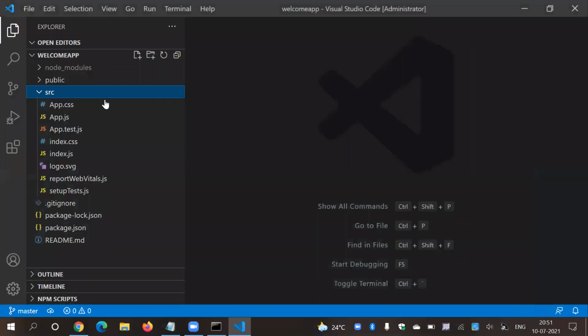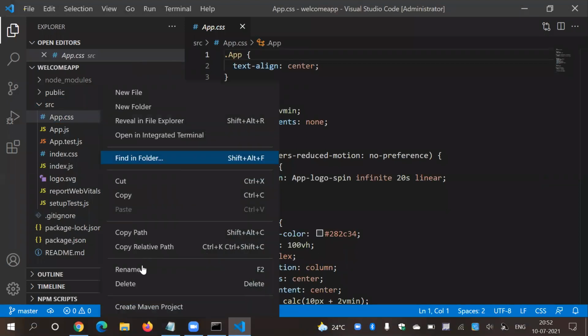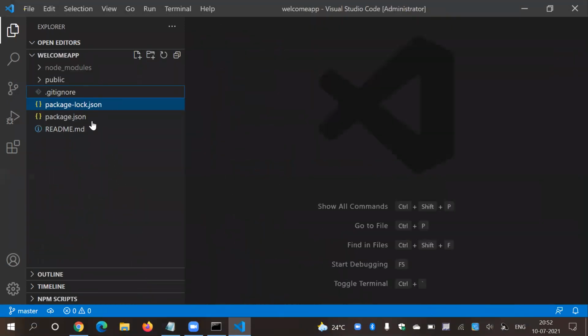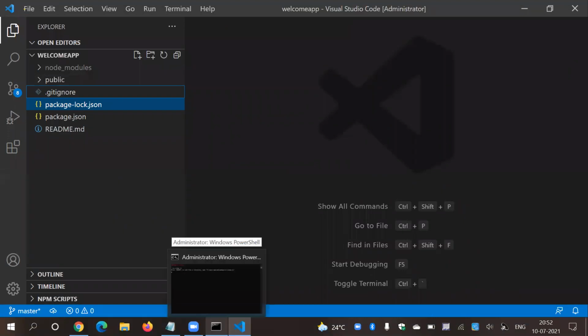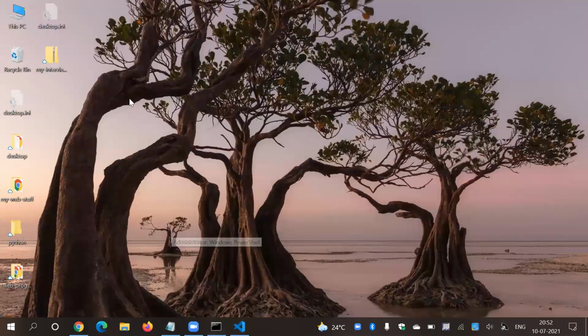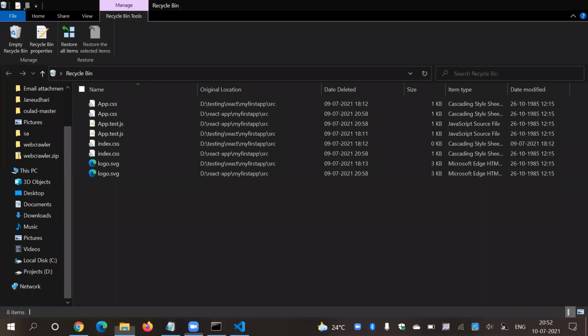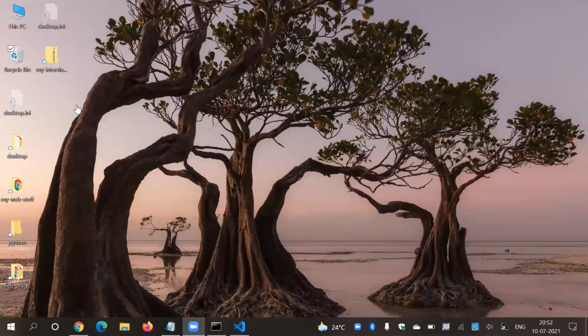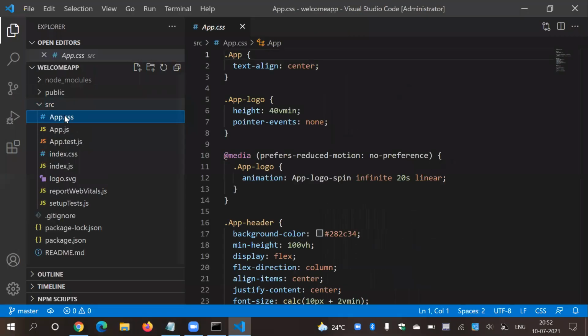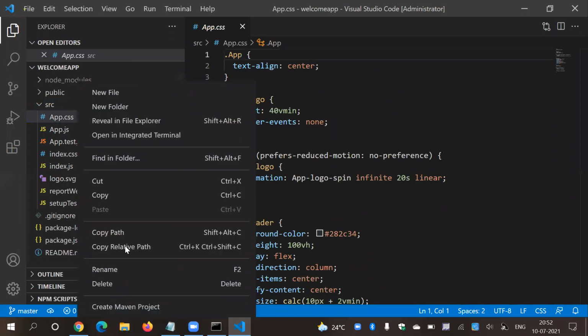So make it simple. Let's remove this app.css file from here. Oh, sorry guys, I think by mistake I removed my complete folder. Yeah, here it is. Again, just remove this app.css from here.